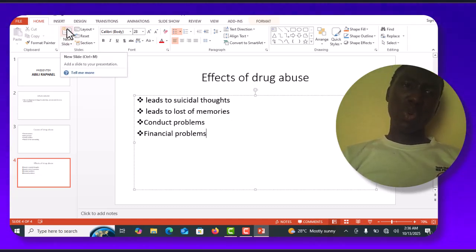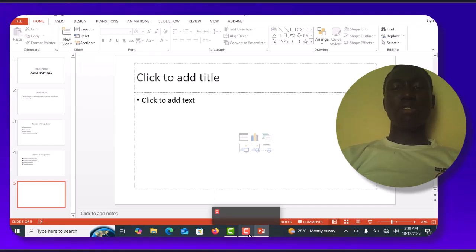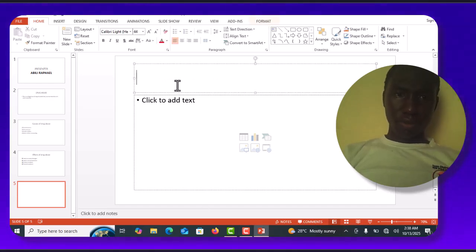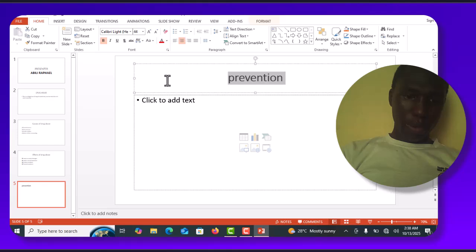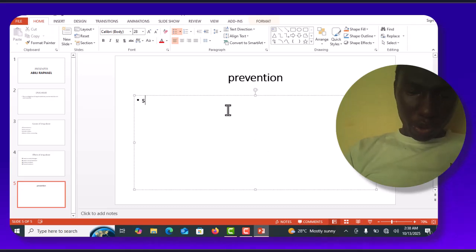So we can go through the prevention. Here we are going to talk about how we can prevent it. So in the prevention, let's write here: prevention. How can we easily prevent this? We can use support groups